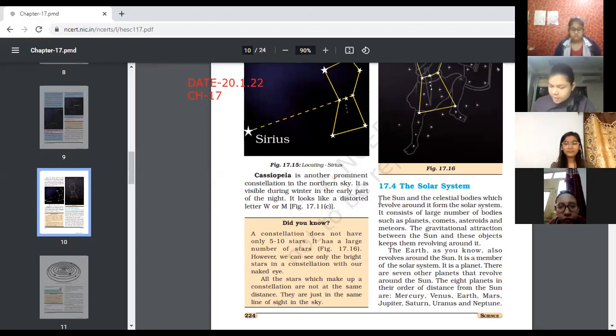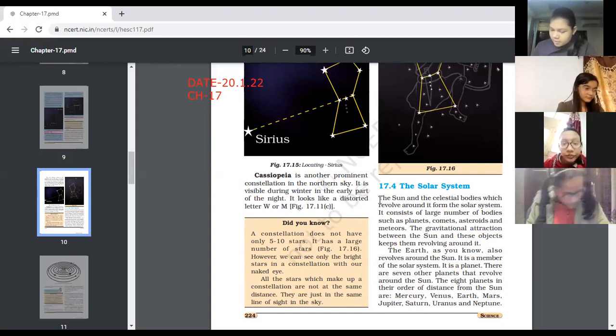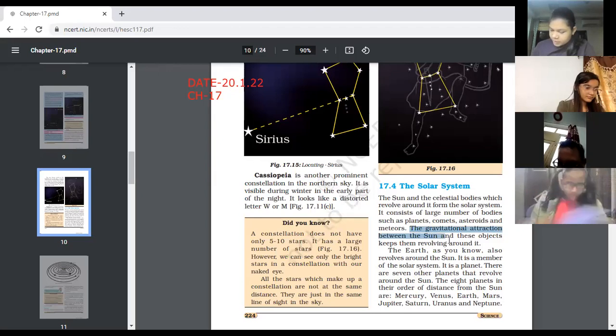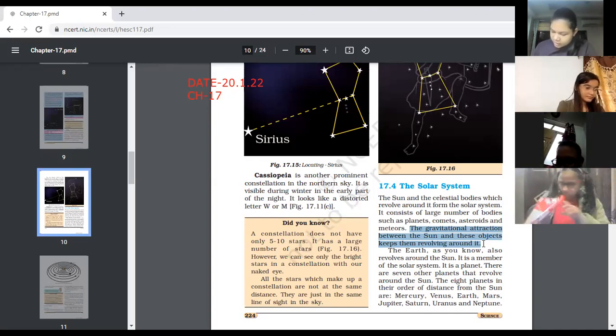The solar system. The sun and the celestial bodies which revolve around it form the solar system. It consists of a large number of bodies such as planets, comets, asteroids, and meteors. The gravitational attraction between the sun and these objects keeps them revolving around it. The Earth, as you know, also revolves around the sun. It is a member of the solar system. It is a planet. There are seven other planets that revolve around the sun. The eight planets in their order of distance from the sun are Mercury, Venus, Earth, Mars, Jupiter, Saturn, Uranus, and